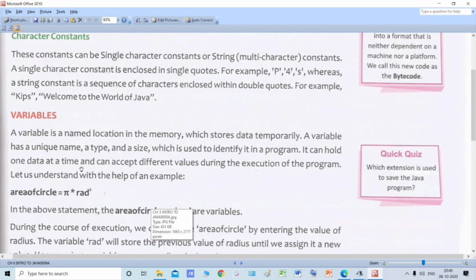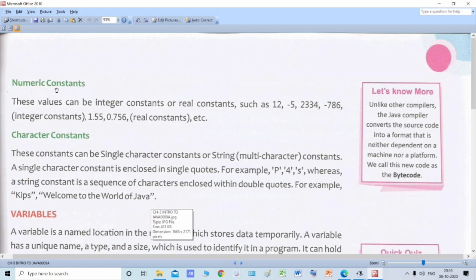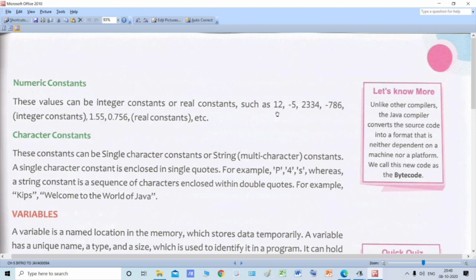Now moving on, this is a numeric constant. These values can be integer constants. What is the meaning of integer? It can be any negative number or any positive number. It can also be 0.